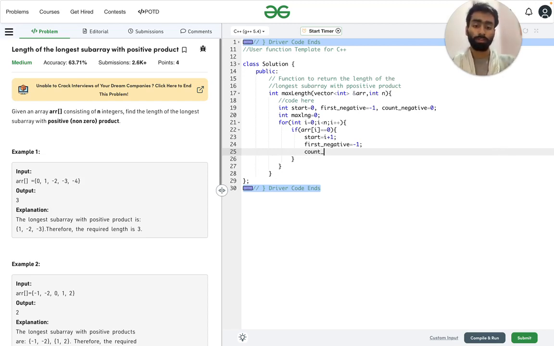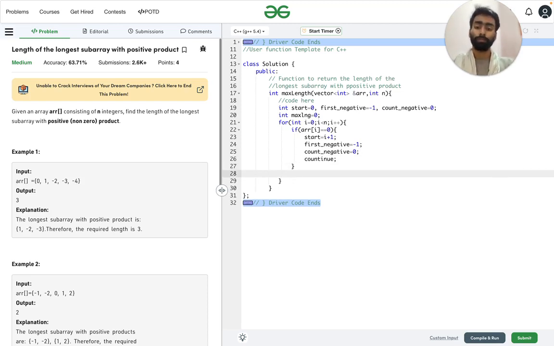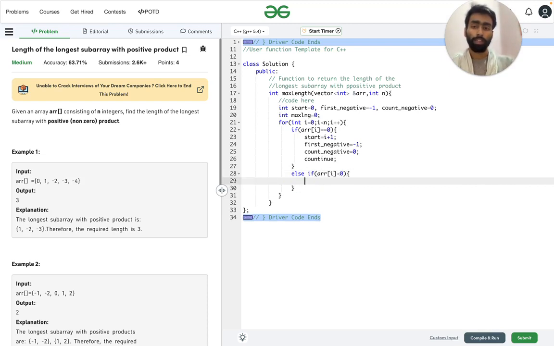So the count of negatives is also set to 0, and we will write continue because we don't want any more conditions to be followed once we encounter 0. Now else if we encounter any negative, in that case we just need to increment the value of negatives counted so far.